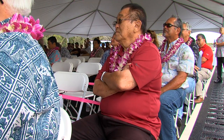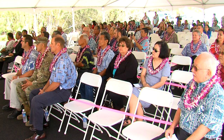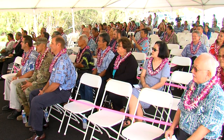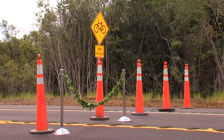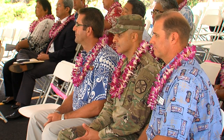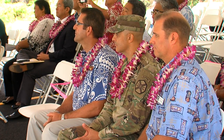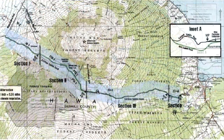Safety is especially critical as the Daniel K. Inouye Highway can receive more than 200 inches of rain per year in some spots. And I know that many who have driven the old Saddle Road will tell you you can't really compare from a safety perspective. The work done on this project to connect the existing highway near milepost 11 to the west end of the Pu'ainako Street extension will result in significant safety improvements with a straighter road alignment and wider lanes